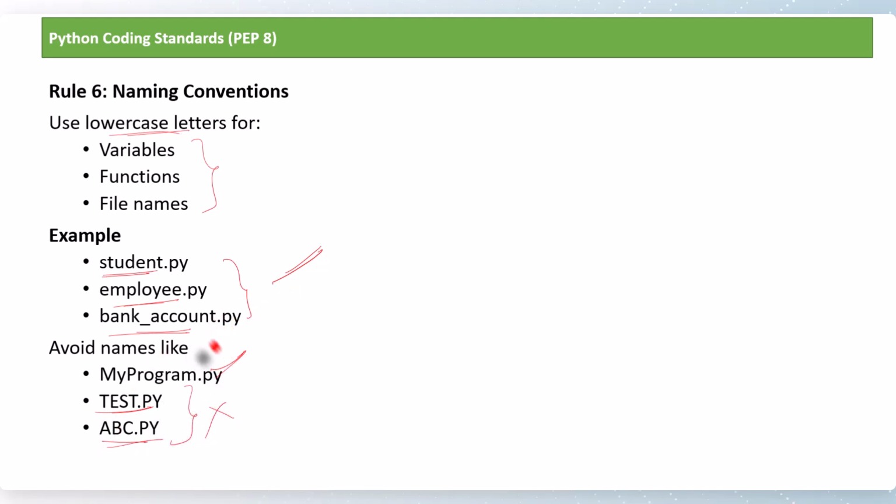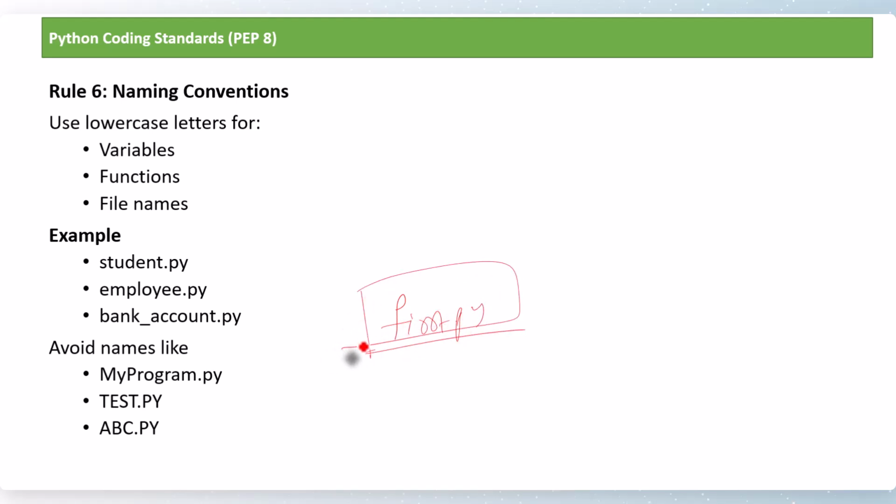Even though you can give whatever name you want, the recommended way is to name your files like this. Even in our programs, we are going to use the name first.py instead of writing many names. I will just show everything in a single program. That is only the idea. But in real time, there will be many programs. You have to give the file names as meaningful as possible.